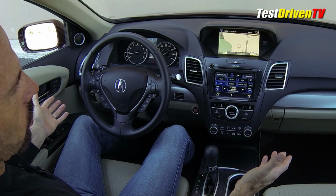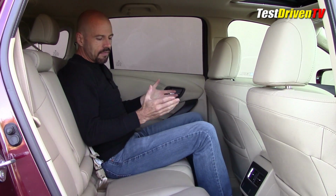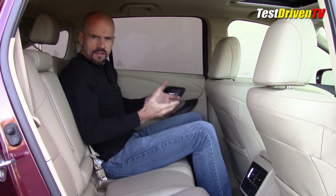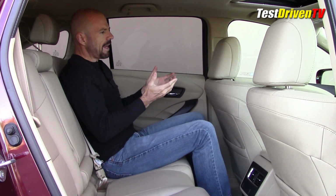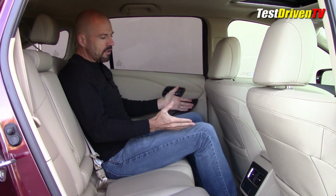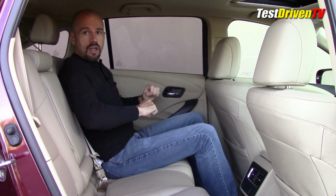It's just very cool. Your rear passengers are going to be plenty comfortable, I think, because first of all, this lower cushion's high enough that your knees aren't perched up too high. Some crossovers, you sit down in them and it just wouldn't be comfortable for a long trip. Now, there's plenty of leg room, as you can see. I'm about 5'8", 5'9", and I've got plenty of headroom here, good elbow room. Now, if you had the third passenger here, it would be a little bit tighter,